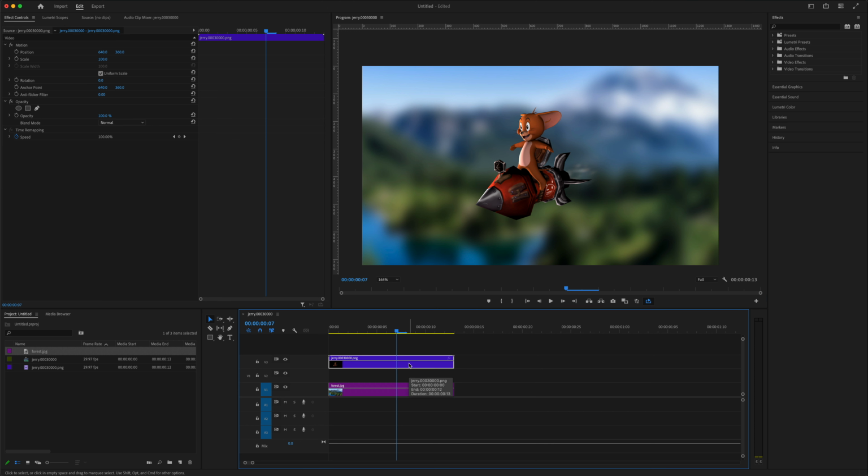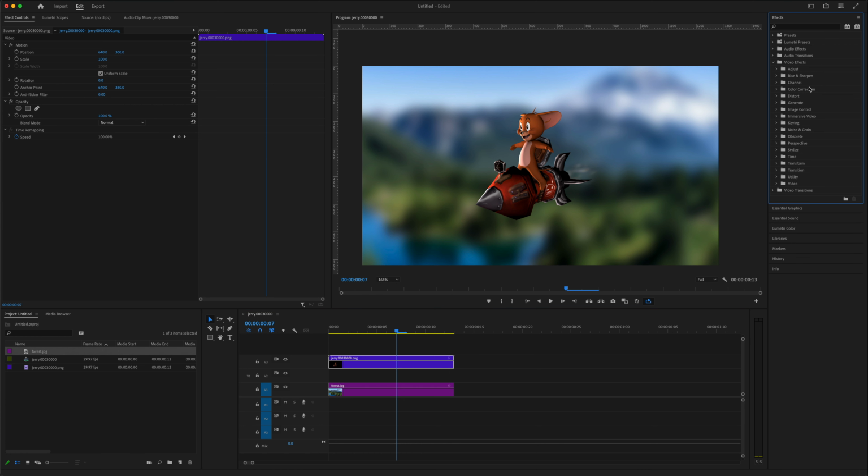So if you click on the image sequence, we can go to maybe video effects, and in here you have color correction, for example. If I want to do maybe a color balance or something like that, I can grab any one of these filters, and there are so many you can play with. And there are also obviously millions of YouTube tutorials, but you can just grab any one of these and drag it